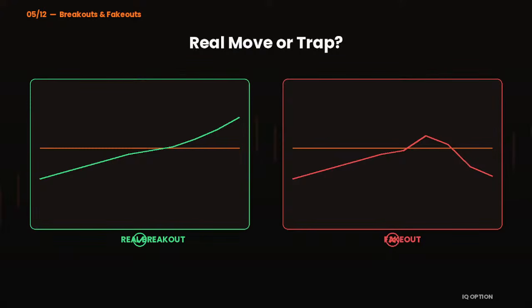So if you look at the left side of your screen, I want you to focus on it. You can see that the candle actually closes beyond that level. So there's real momentum behind it, and when price comes back to retest that level, it holds rather than falling back through. A fake out almost looks identical at first, but what happens is that price will pulse